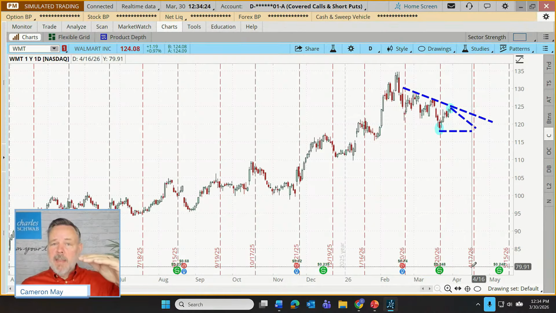But if we start coming down toward 118, that raises the assignment likelihood, especially if we get down below 118 by April 17th. Assignment likelihood is even stronger, and so our trader might be thinking, great, I'm going to get my shares. I already have my $2.40. Now it was $1.20 times 2. Anyway,